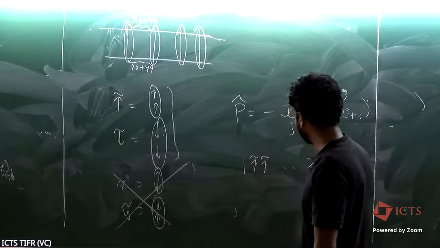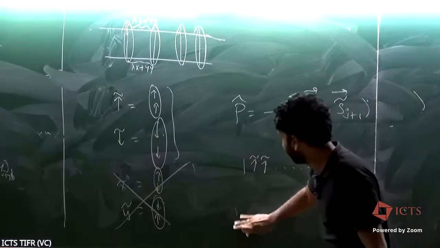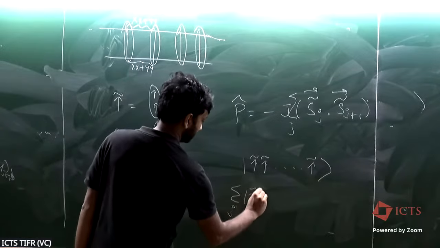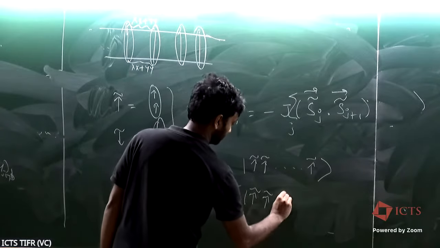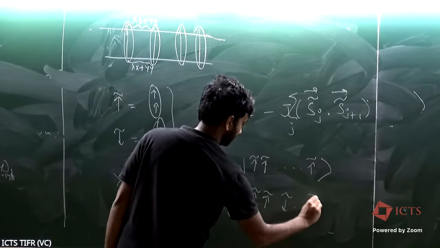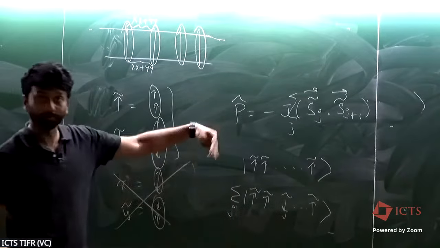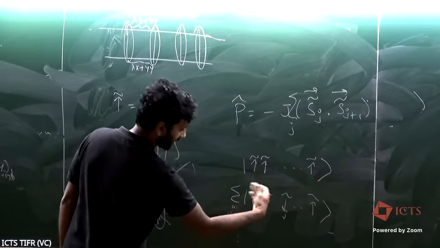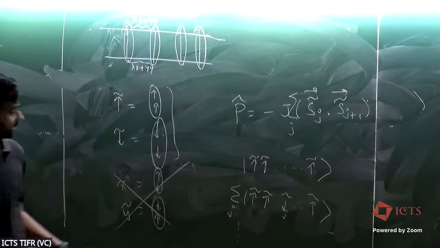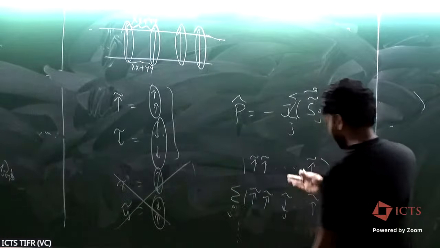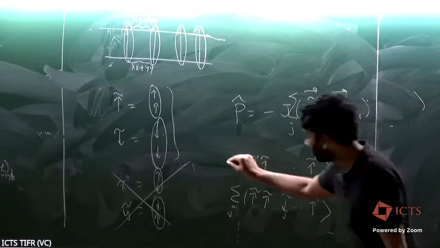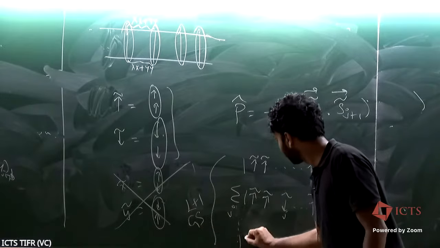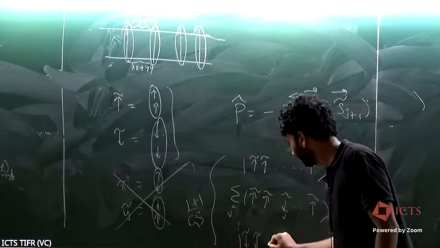So you have this state, and you have states that look like this, where I flip one of these composite spins, and then I have states that look like various kinds of spin flips, right? So you have L+1 ground states, which are just composed of these spin flip degrees of freedom,